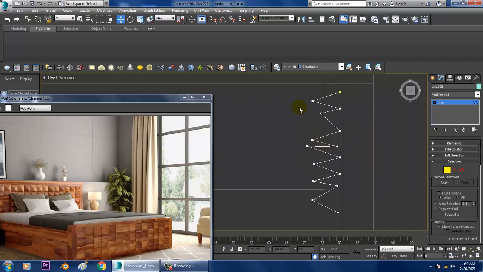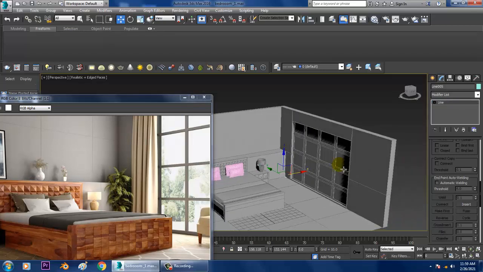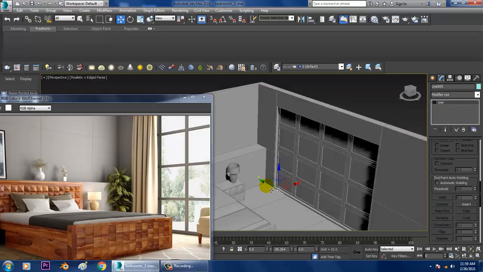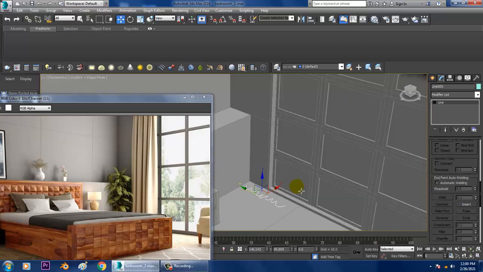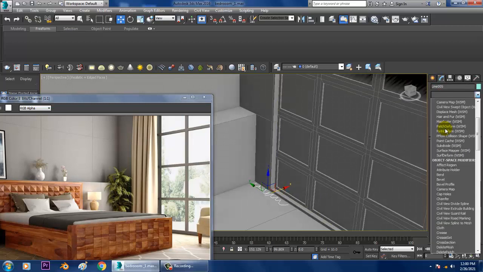So let's select all of its vertices. Let's go into this and slightly give a bit of a fillet option. So you can assign a bit of fillet over here. So after you have assigned this fillet, after that we can give an extrude modifier.